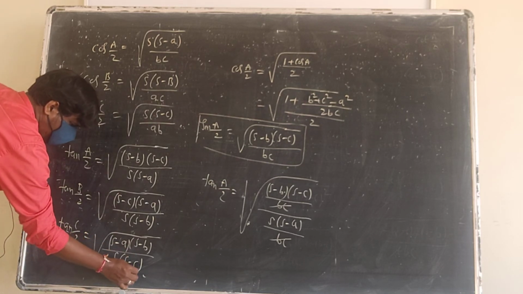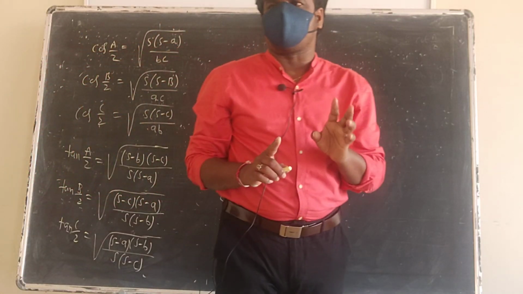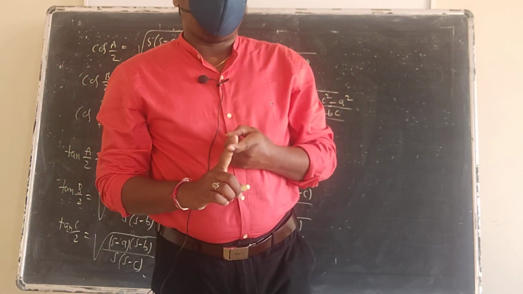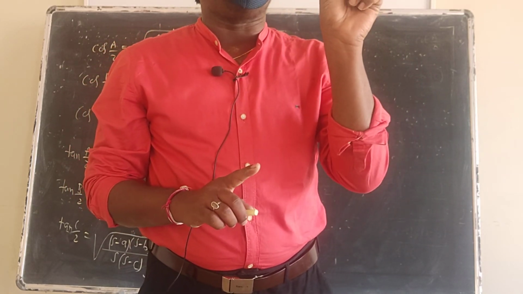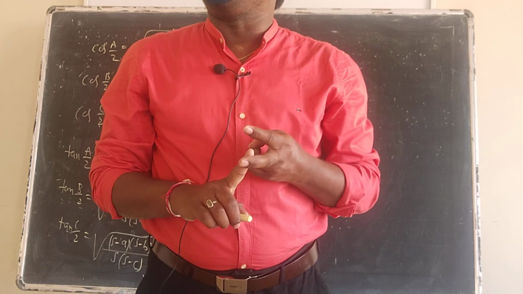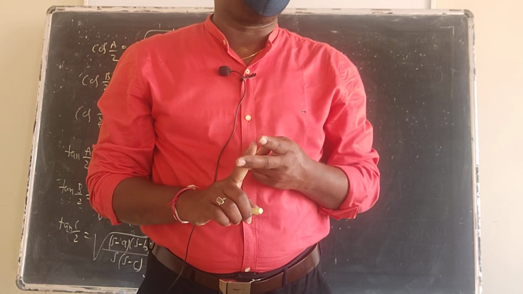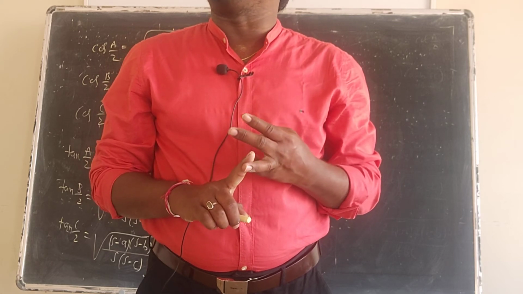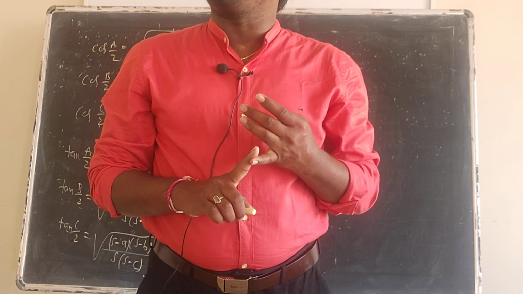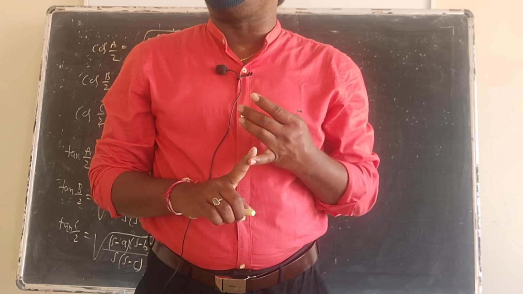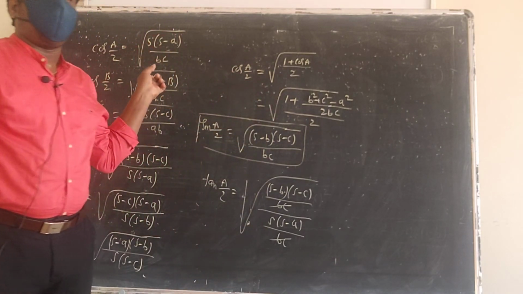So totally, all the half angle formulas are over, along with Napier. See here, in this chapter, I explained the sine rule and problems on that. The sine rule is about the ratio between the sides. The cos rule is about finding the angles. Next we discussed the projection rule, which I explained yesterday. Napier analogy is also called the tangent rule. Now what I explained today is the half angle.